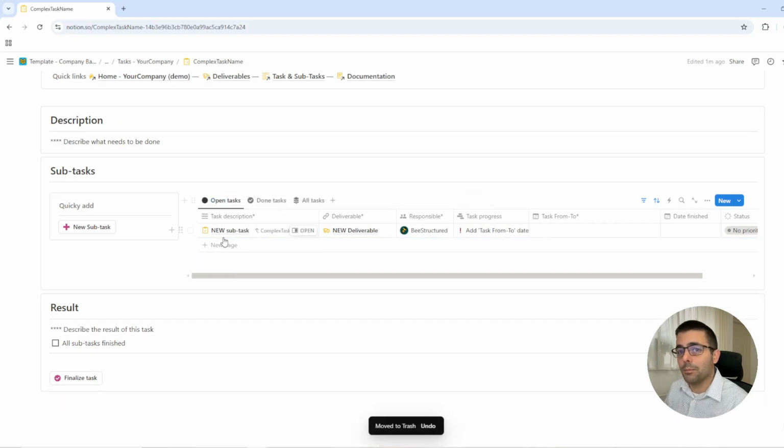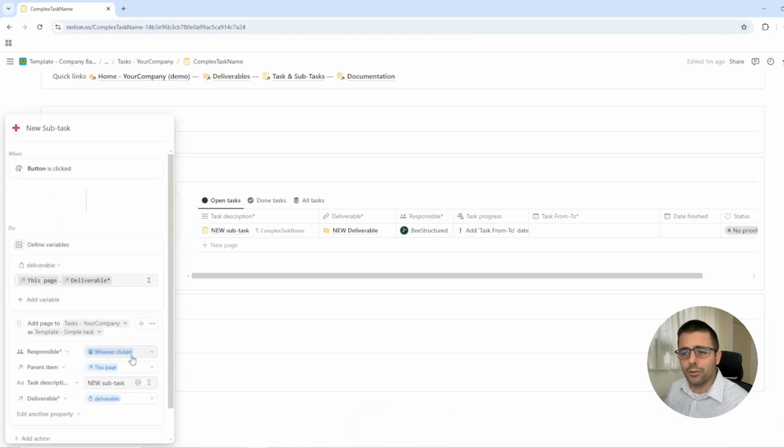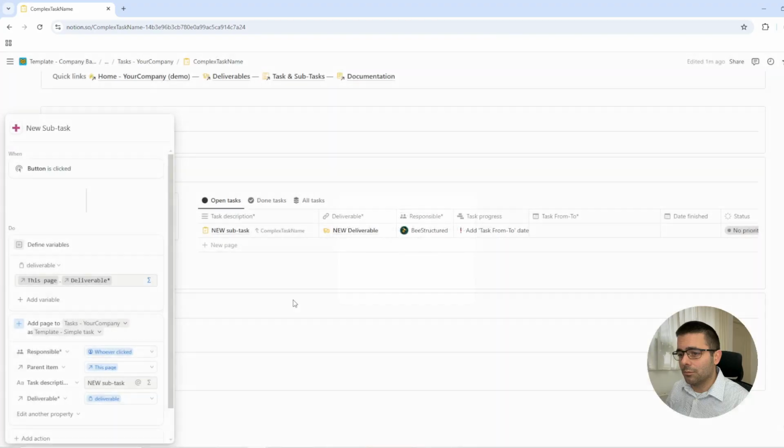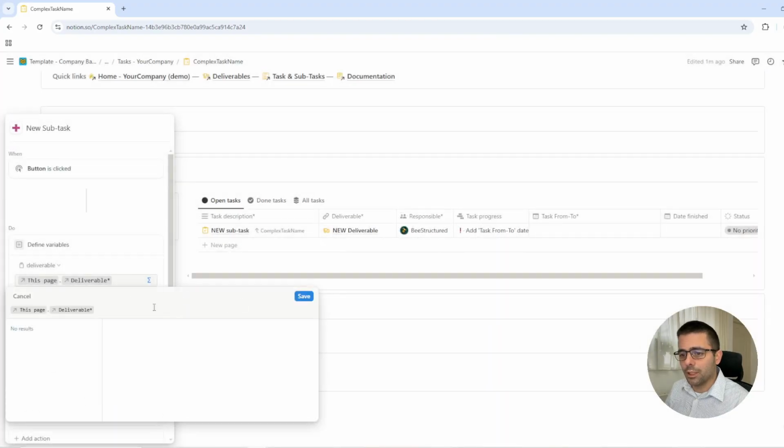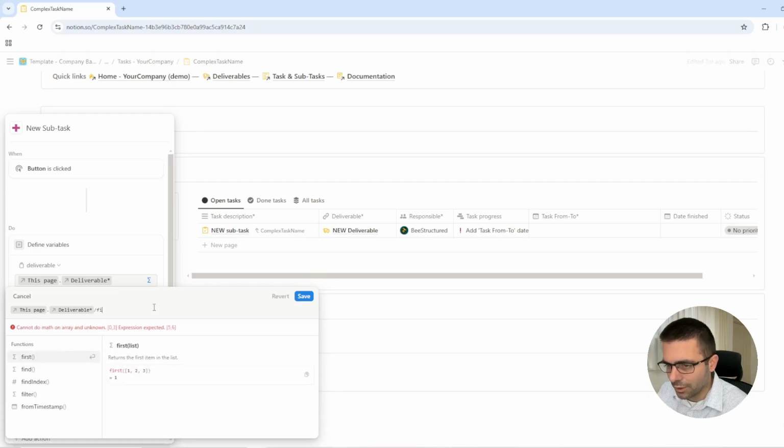And you can already imagine the amount of stuff that you can do with this. But we can also go a step further. And I'll quickly show it to you, and later on in the real life example, we'll dive a lot deeper into this. So when we go into this formula, we can not only say this page dot deliverable, but we can go even deeper. We can say dot filter,